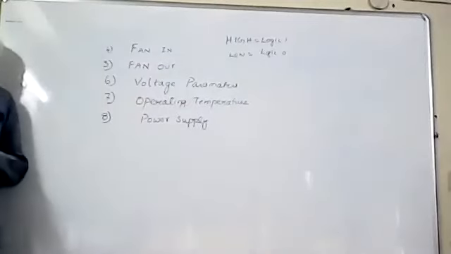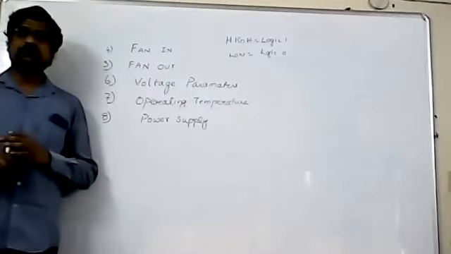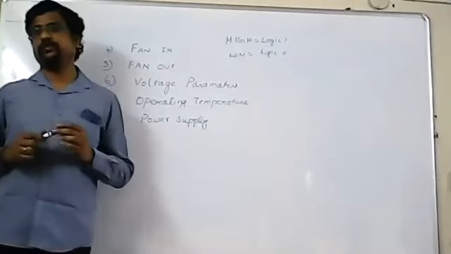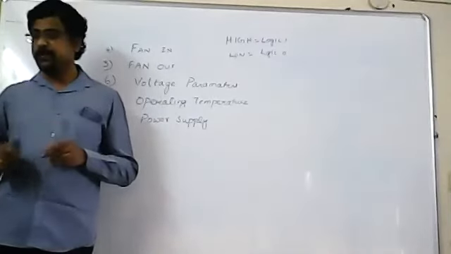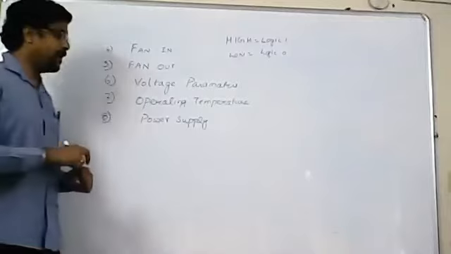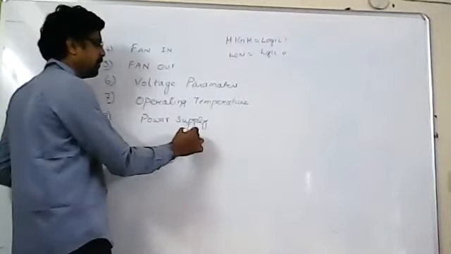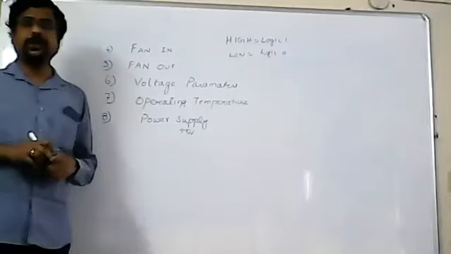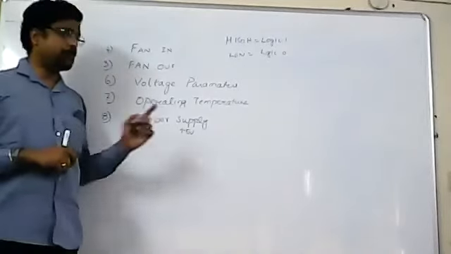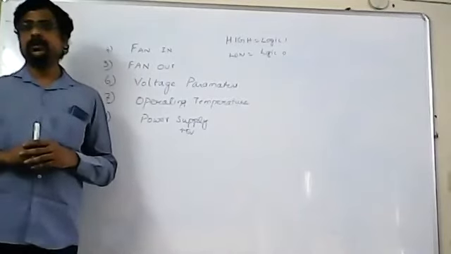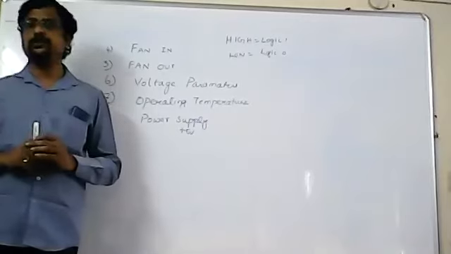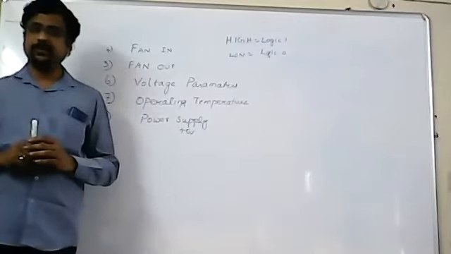Next is what? Power supply. So for any IC to function, it requires some power. For example, if you take any XOR gate, OR gate, AND gate, anything, it will function at a voltage of plus 5 volts. You need to make it active. You need to switch on the IC by supplying a proper power. So that means care should be taken that same voltage rating, same power rating is used by all the manufacturers. Followed?